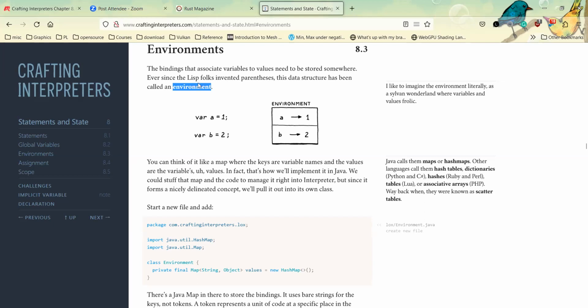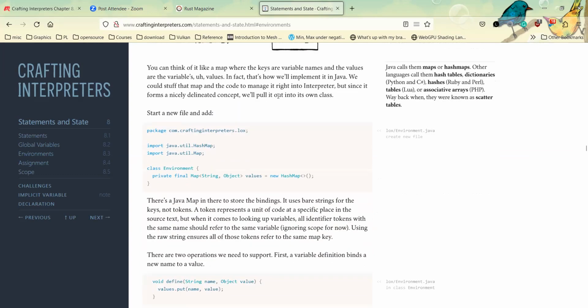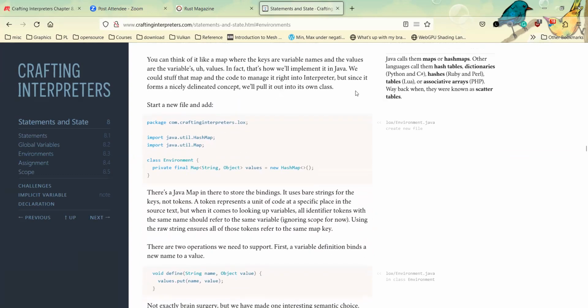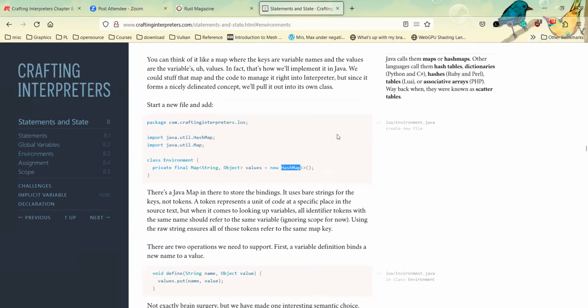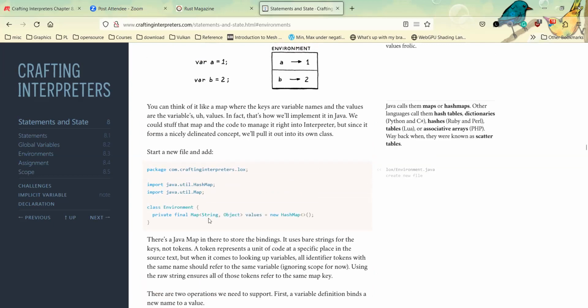So environment is more often used for runtime stuff. So we use this hash map. In Java, we have a generic map, which is the hash map. The key is a string, and the value is an object, which is just Lox values.